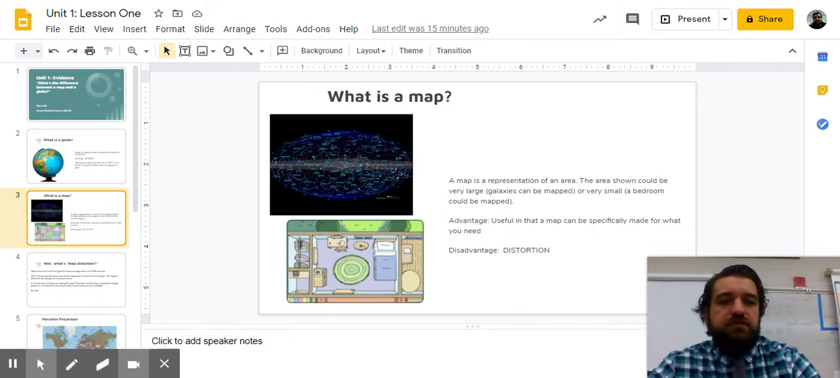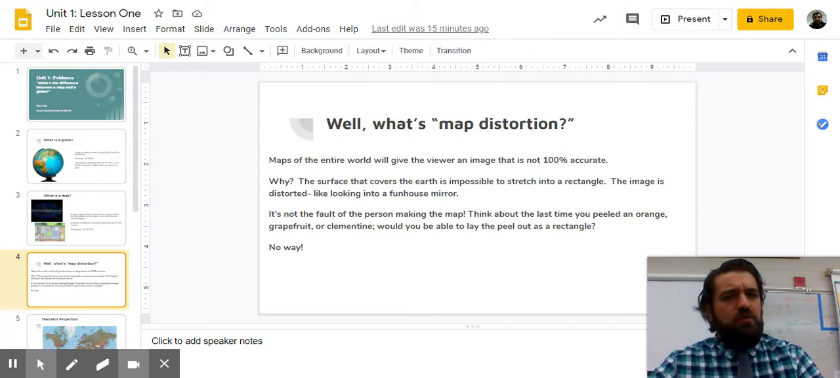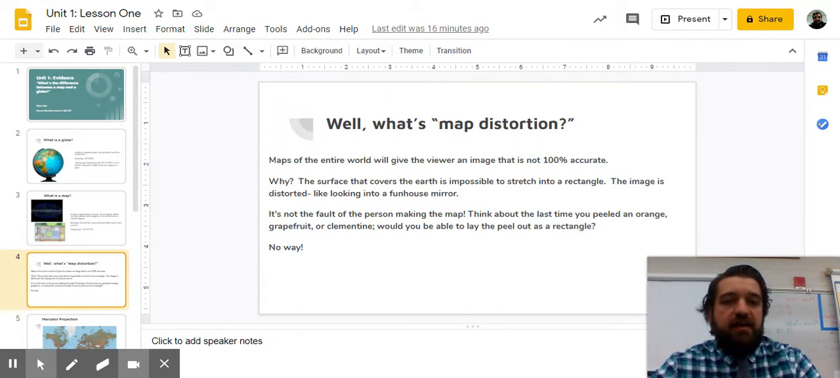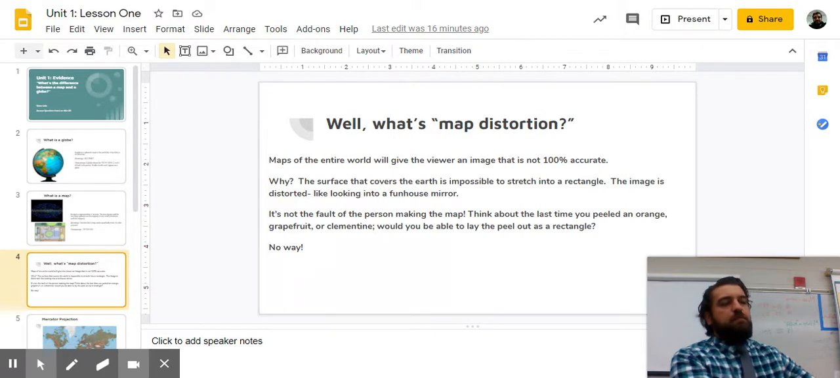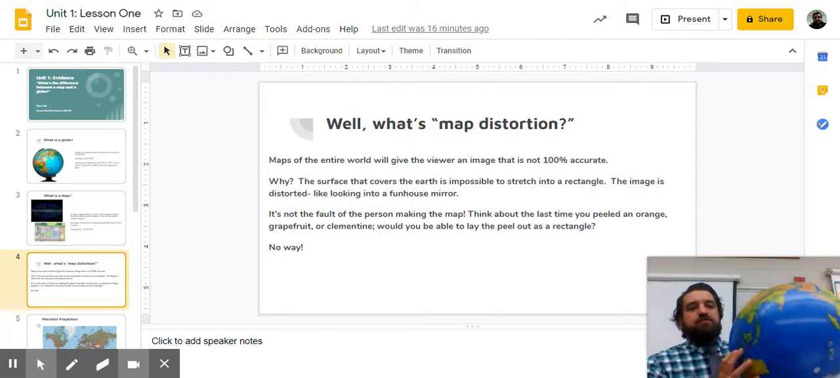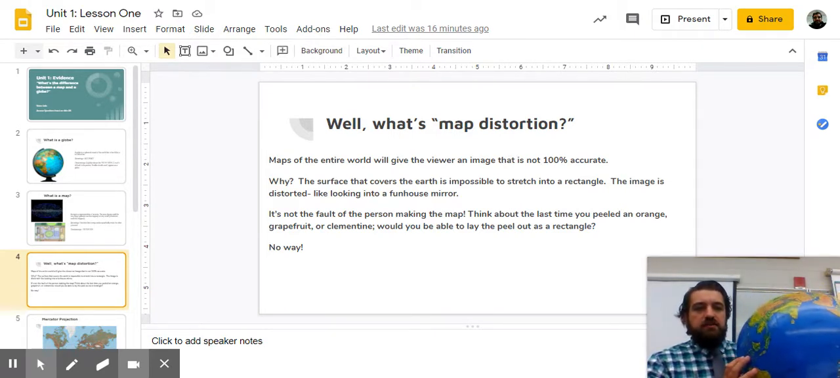But a disadvantage of using a map is that maps often show distortion. Okay. So maybe the next question you have is, well, what exactly is map distortion? Maps of the entire world, or ones of the United States, are great, but they're not 100% accurate. And the reason is because it's impossible to take a spherical object and boil it down to